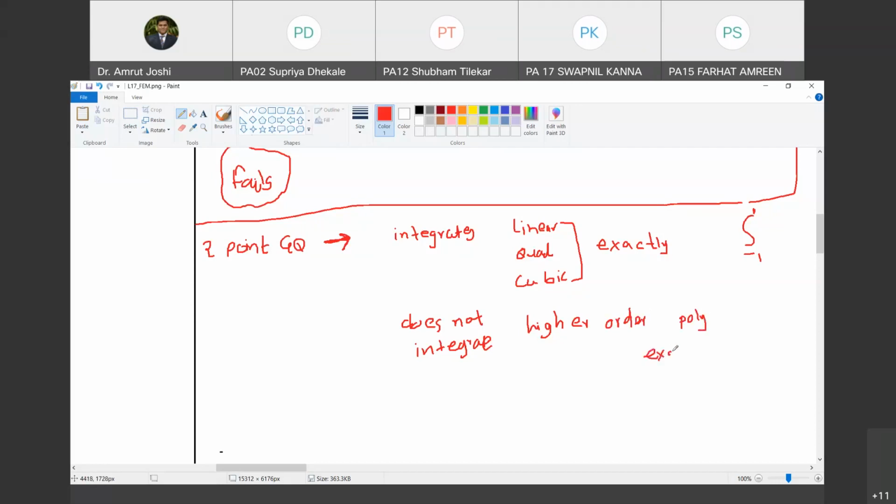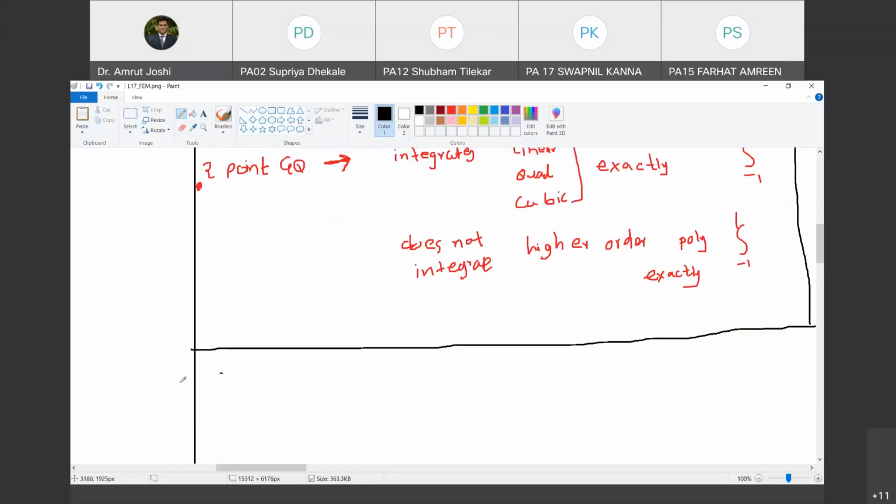Exactly. There is some error. कौन से limit में? Minus 1 to 1. So I am writing these remarks in shorthand. You can have it written in the longhand in your note. Are you with me? Shubham? Yes, sir. And now we are going to do one more exercise today. We started with 2-point Gauss quadrature. Let us now do 1-point Gauss quadrature. Are you with me? Yes. 1-point Gauss quadrature.